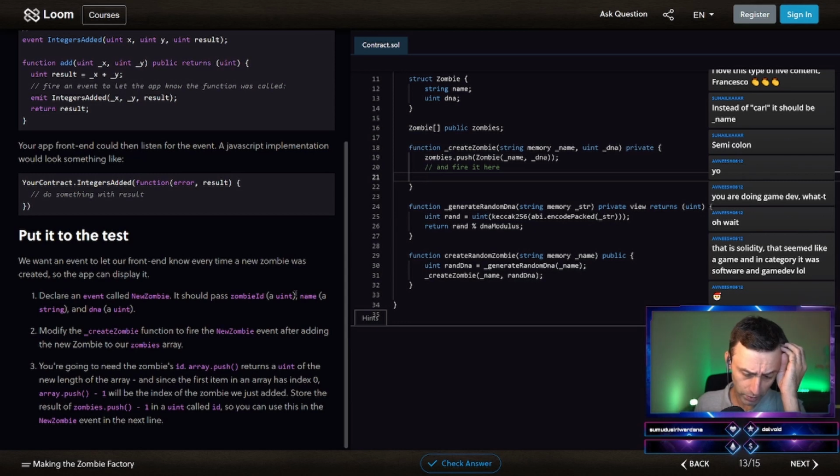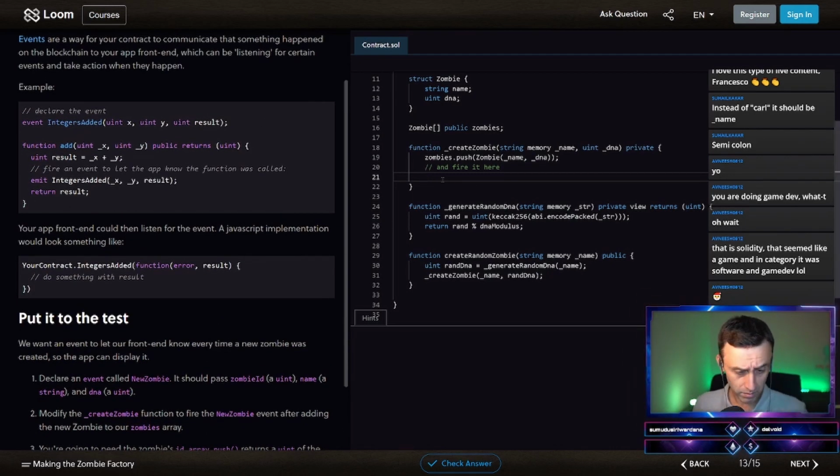Okay, you're going to need the zombies dot array dot push. Returns a uint of the new length of the array, and since the first item in the array is indexed 0, array.push minus 1 will be the index of the zombie we just added. Store result of zombies.push in a uint called ID, so you can use this in the new zombie event in the next line. Okay, this is not super clear, but let's do it.